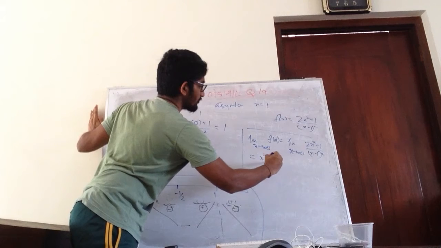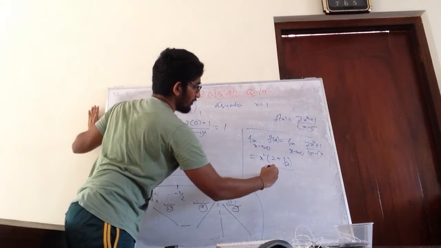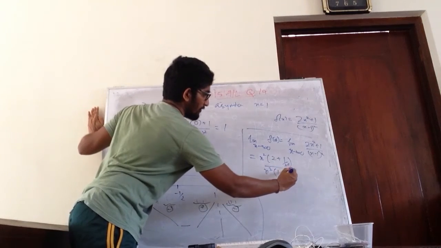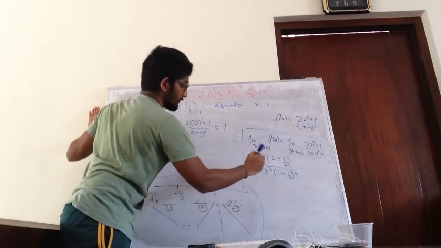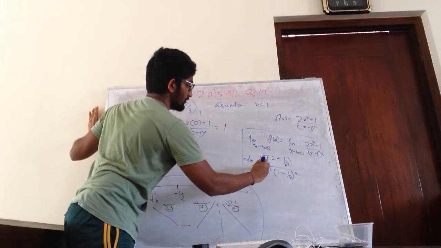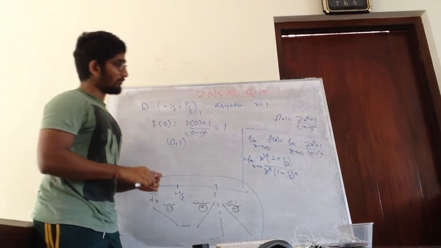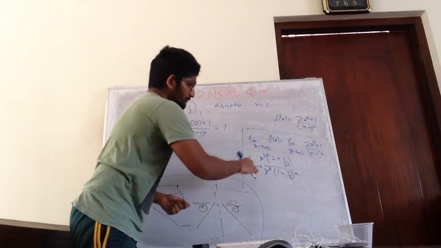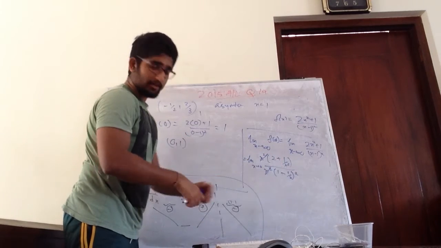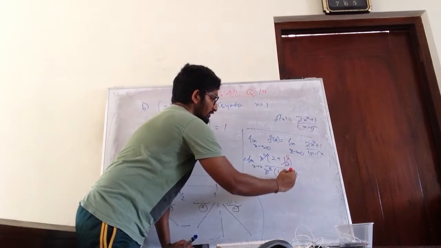Here I'm going to take x squared out, so 2 plus 1 over x squared. I'm going to take x squared out here as well, so 1 minus 1 over x squared. Correct? So there's a limit as x goes to 0, so I can cut this off. Then I am remaining with this. When x goes to infinity, 1 over x squared goes to 0, correct? So this part goes to 0, and this part also goes to 0.